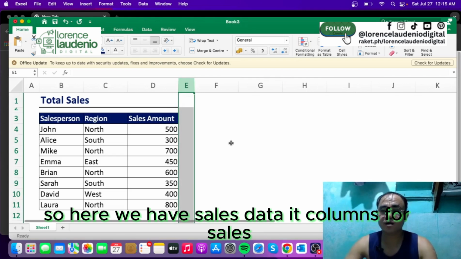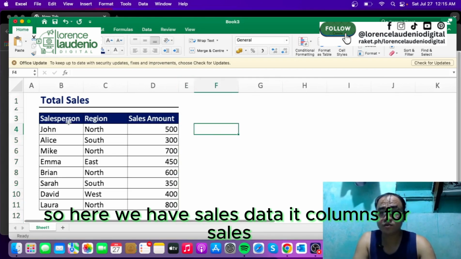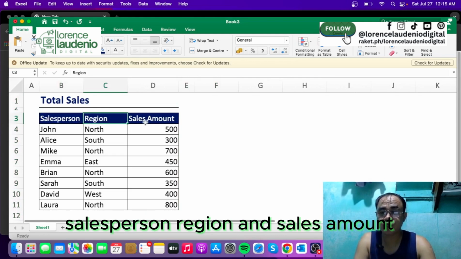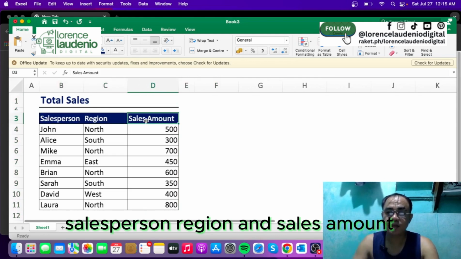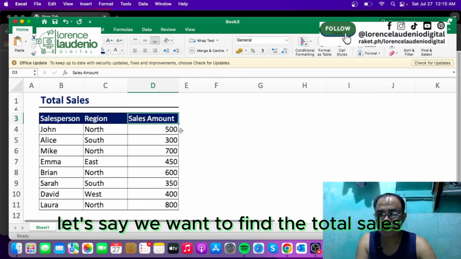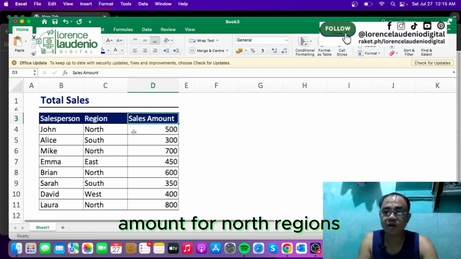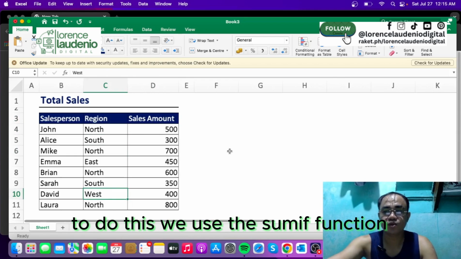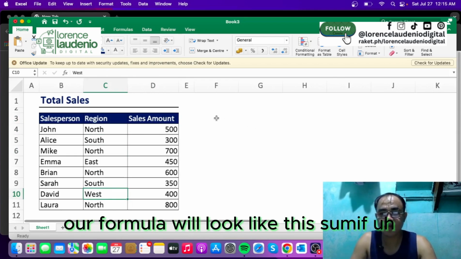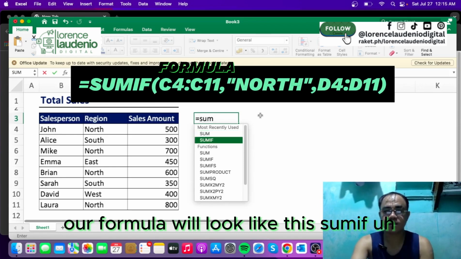So here we have sales data with columns for salesperson, region, and sales amount. Let's say we want to find the total sales amount for the North region. To do this, we use the SUMIF function. Our formula will look like this: SUMIF, and then